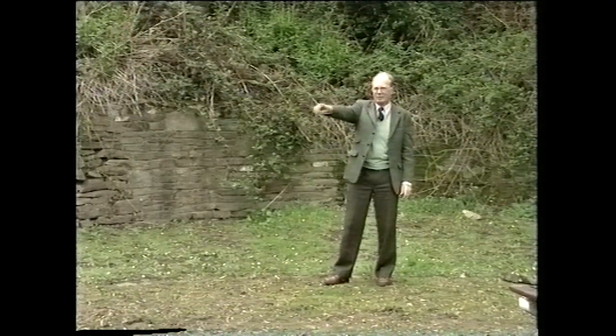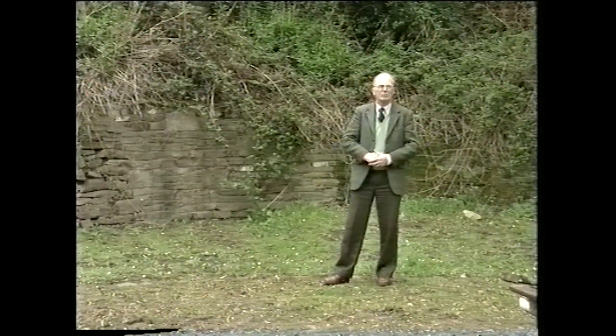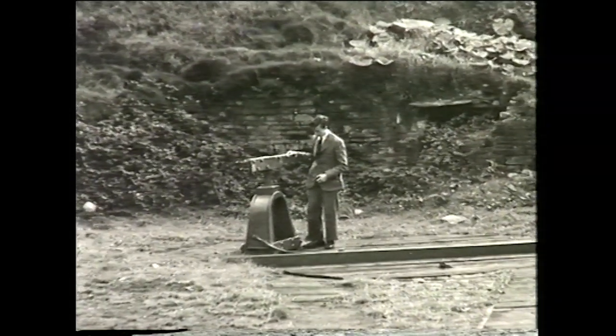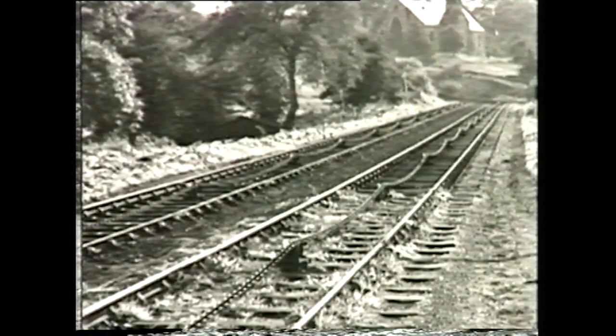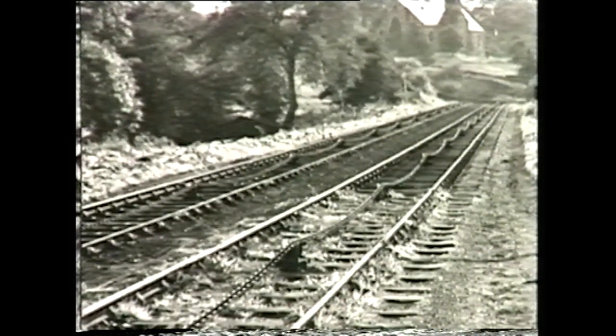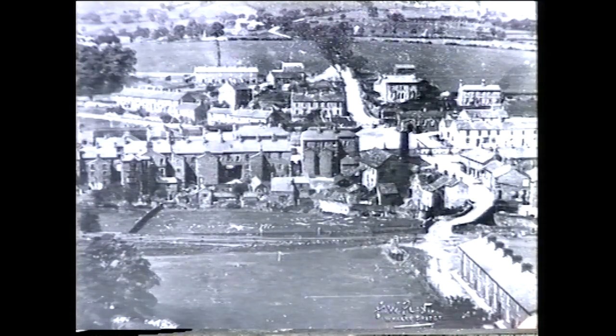Now the horse simply walked round and round in a big circle, driving an underground pulley round which the chains passed, the chains running down between tracks on each side and going round underneath again at the bottom round another pulley. In 1857, Whaley Bridge was brought into the developing North West Railway network when the tracks of